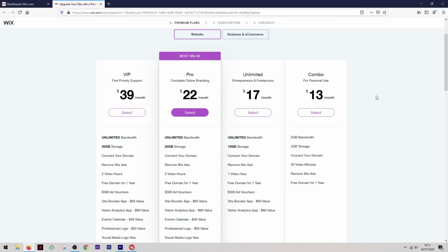Just keep in mind that I'll be referencing the monthly price for the annual billing option. So starting with a combo plan for $13 a month, this plan allows you to pick your own domain name and it gets rid of all the Wix ads from your website. This is the plan I'd recommend for anyone starting a personal or business-related website because unless you know you're going